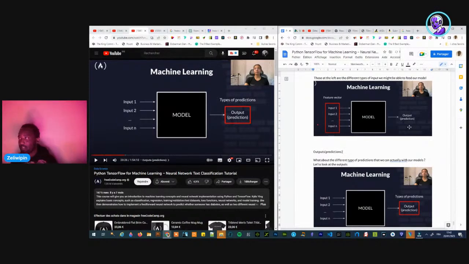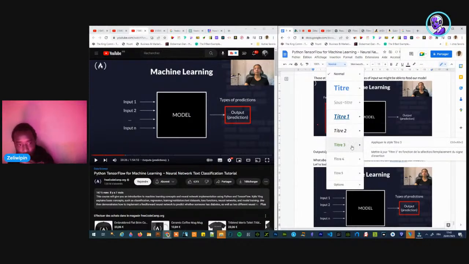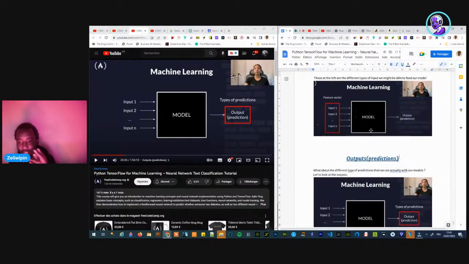And there is qualitative data, like gender or the name of a country, where there is no order. So you have to use one hot encoding to encode this kind of data to make sense for the computer. Now that we have seen all that, we will see the outputs.